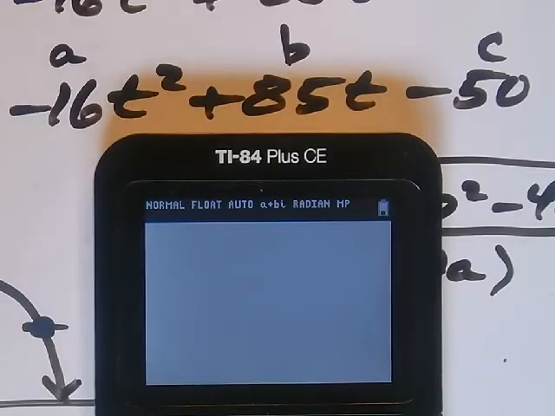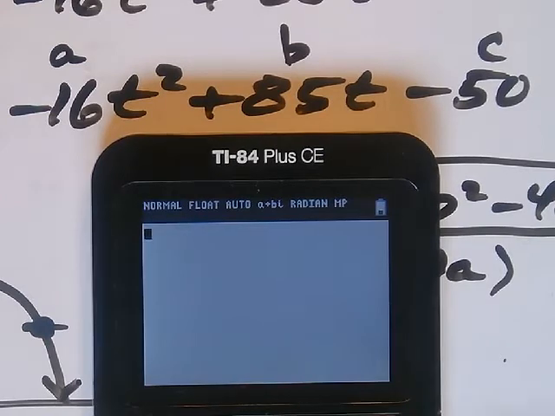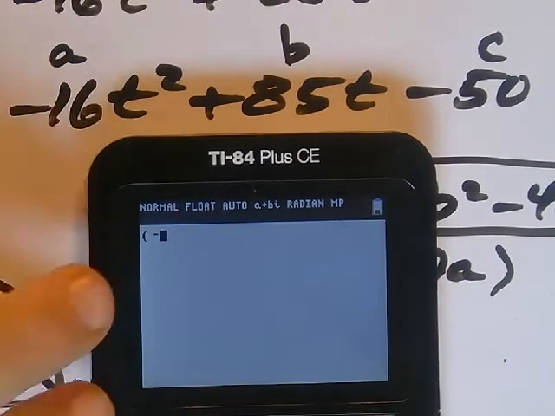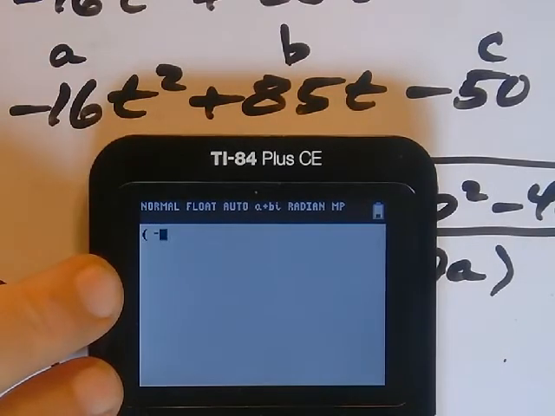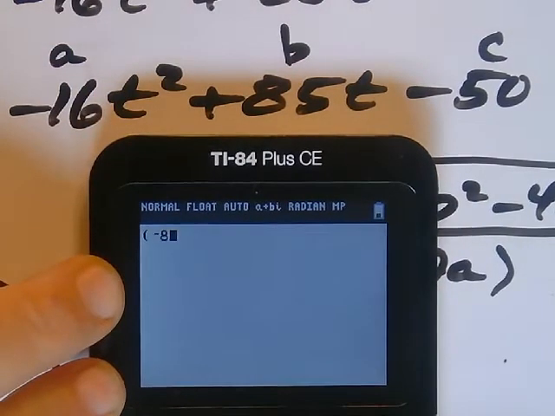Alright, let's go ahead and plug these numbers in. Negative b. Now I'm going to start with a parentheses here. Negative, notice I'm using the negative sign here and not the subtraction sign. Negative b